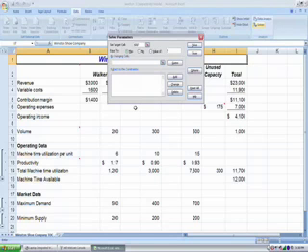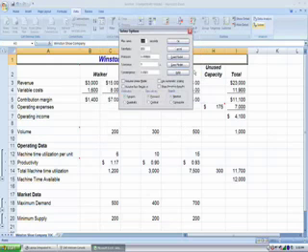The easiest way to handle that is to select the volume cells while holding down the control key. So hold down the control key and select each one of your individual volume cells. That will insert the correct cell reference as well as a comma in between each of those, and that's all we need to do. The fourth step then is to go into options and select assume linear model and assume